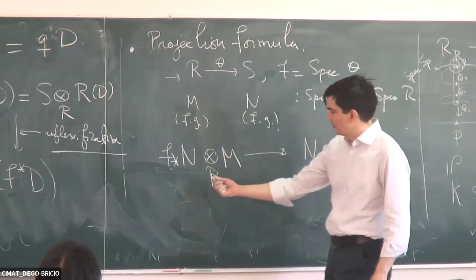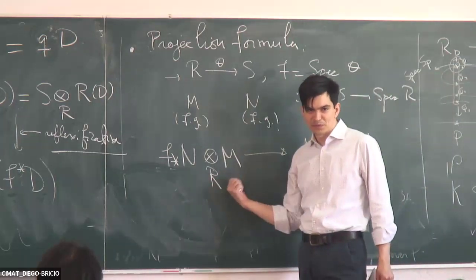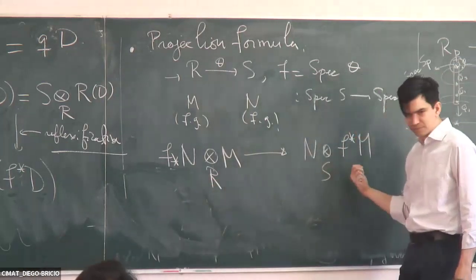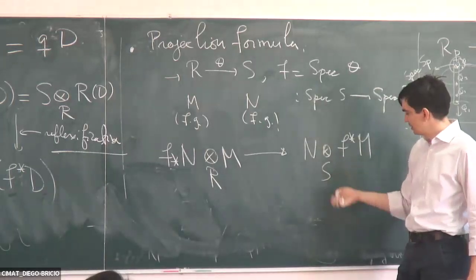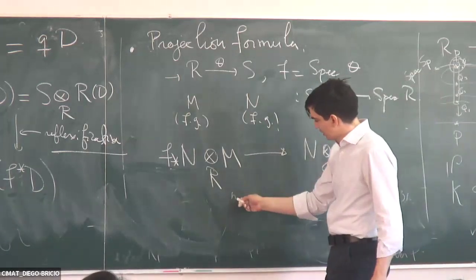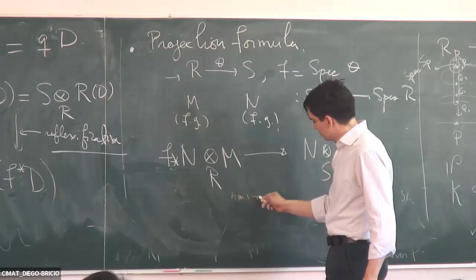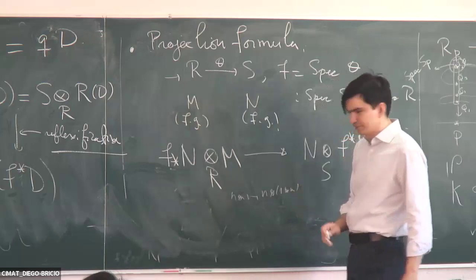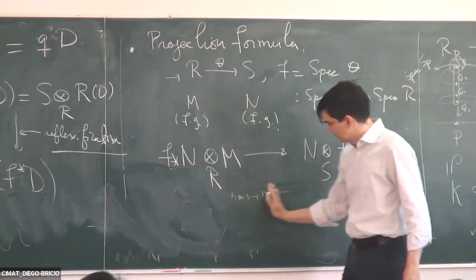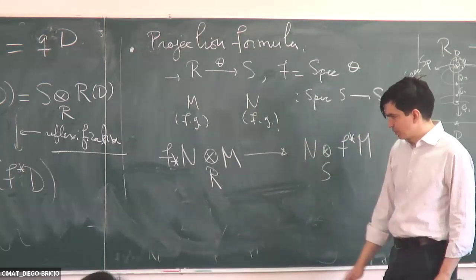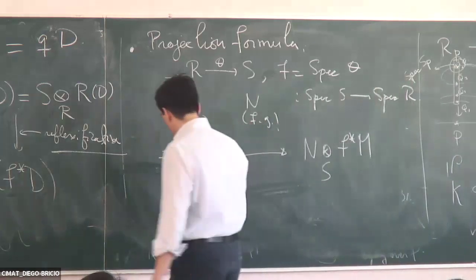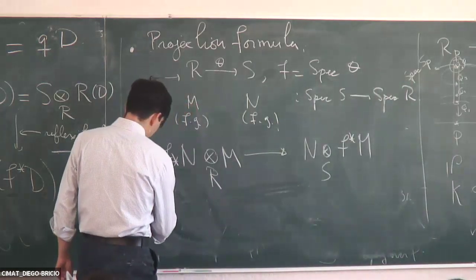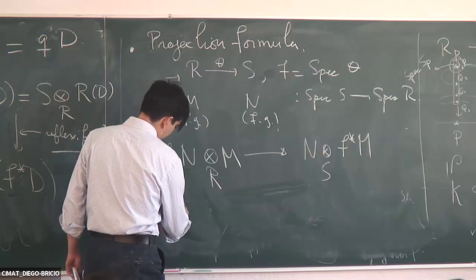In practice, we have n tensor m over R, and you send it to n tensor 1 tensor m, because here you have an S. The map is super canonical, and so the projection formula says that this is an isomorphism